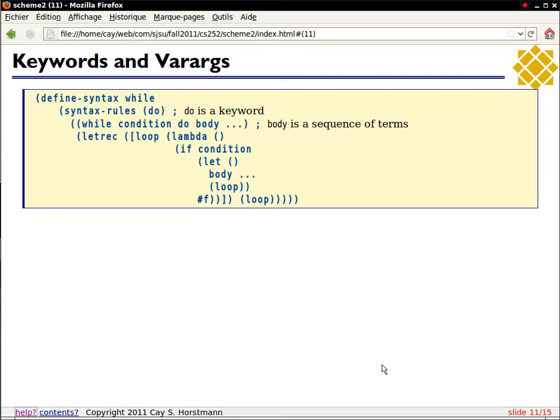My problem is that if takes three parts. It takes the condition, the positive, and the negative. I don't actually want to do anything in the negative, but I have to put something in there. It doesn't matter what I put in there. Whatever. And so I just put that in. We're actually defining a variable called loop in